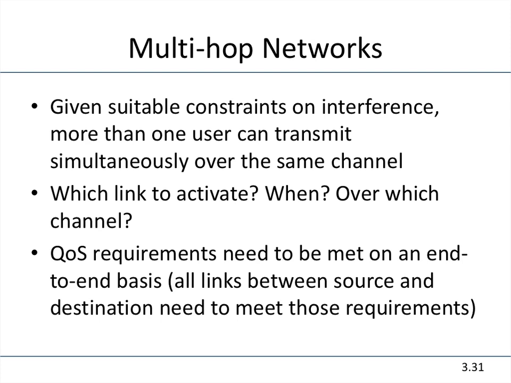Anyway, so given بقى suitable constraints on interference, because interference بقى is a big issue for multi-hub communication. Multi-hub communication interference is an issue that you cannot really get around. And you can get around in cellular network by assuming that you have a single cell. Single cell خلاص, you don't have interference. الحياة حلوة. That's fine. You can simplify things. Multi-hub لا, it's all about interference. هو all the traffic they interfere with each other. ماشي؟